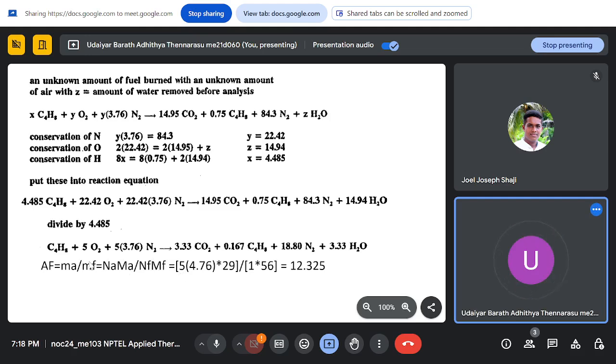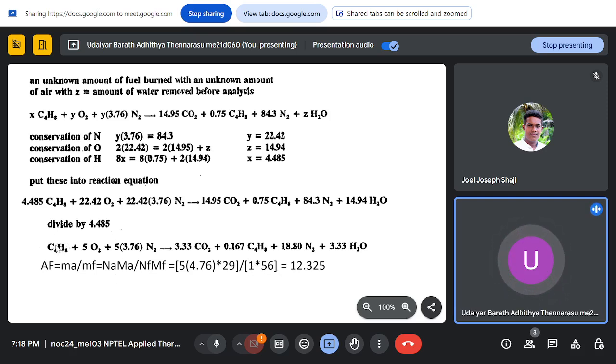So if you see here, your air is 5 into air, which contains 4.76 moles of gas. So 1 mole of oxygen plus 3.76 moles of nitrogen. So you are using 5 times the moles of air. So 5 into 4.76 into your molecular weight, which is 29 for air, divided by 1 mole of fuel into,